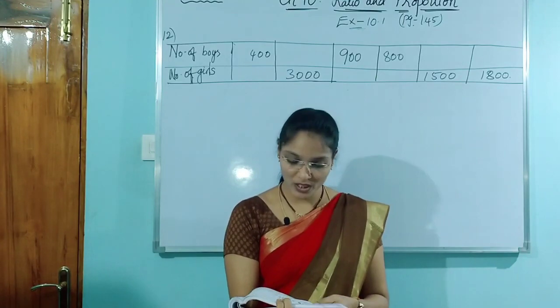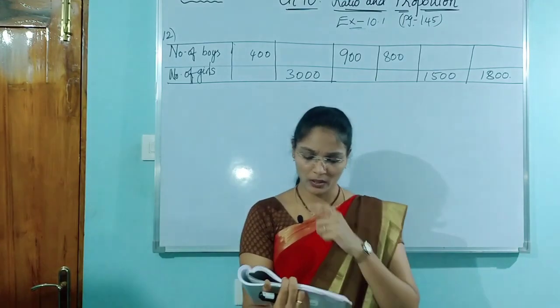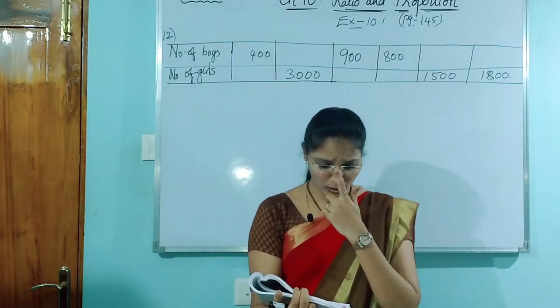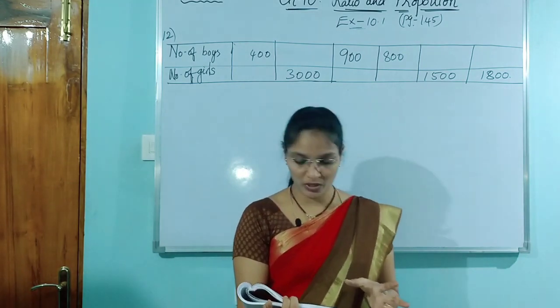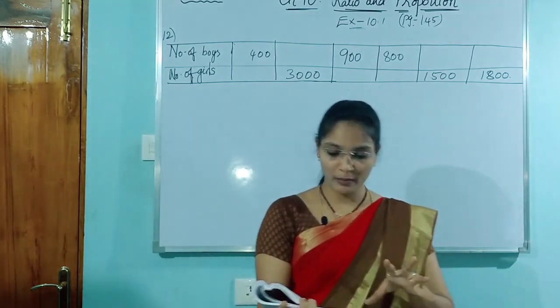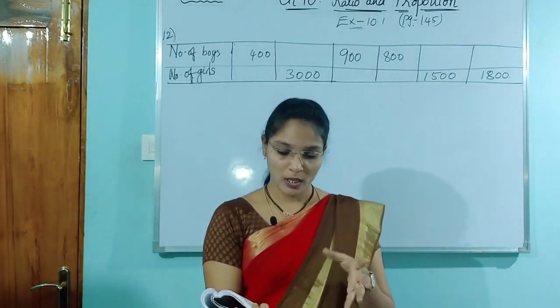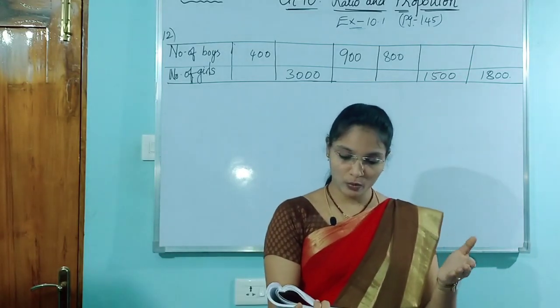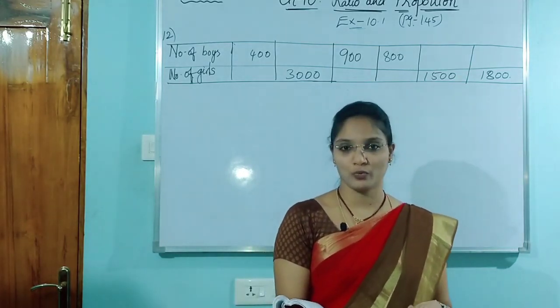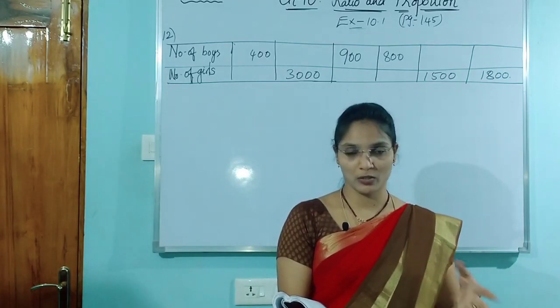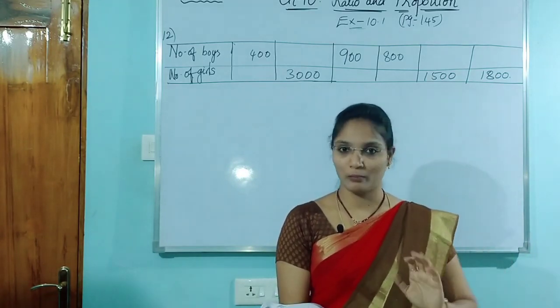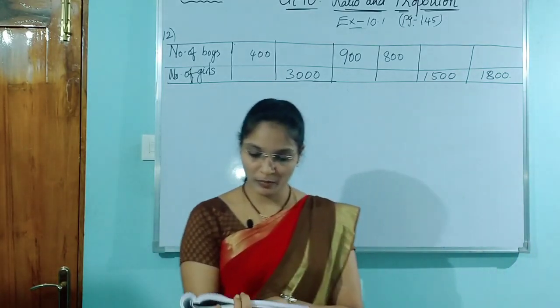Now the 10th question, children. This is your homework, just like the 9th one. In the 9th one, the cost of a group of items was given, we found the cost of one item, then we found the ratio of those two: one notebook and one pen. The same way here. I am reading the question.